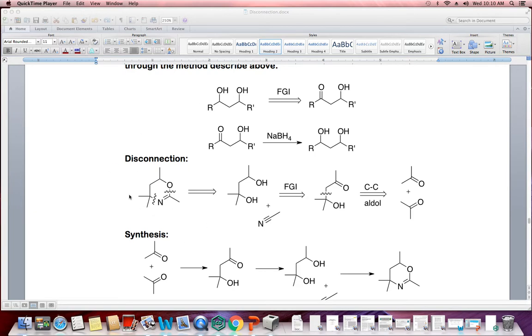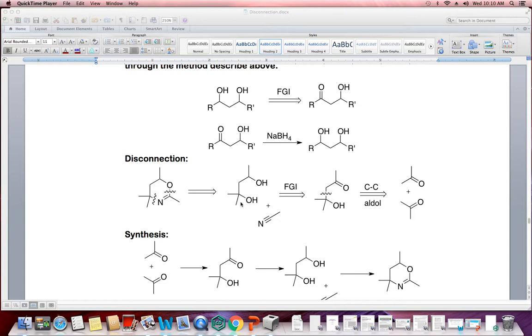So this is a simple target molecule. We can disconnect. Now if we look at the position of heteroatoms, they are attached at one carbon atom. This is a 1,1-diX. Basically, we can disconnect both of the disconnections. As a result, we get this product can be formed by the reaction of acetonitrile with a 1,3-dihydroxy compound. Now look at this region.